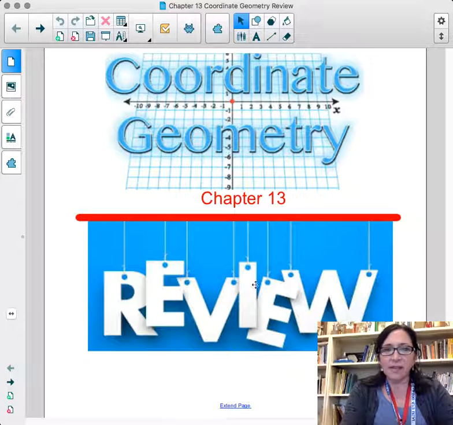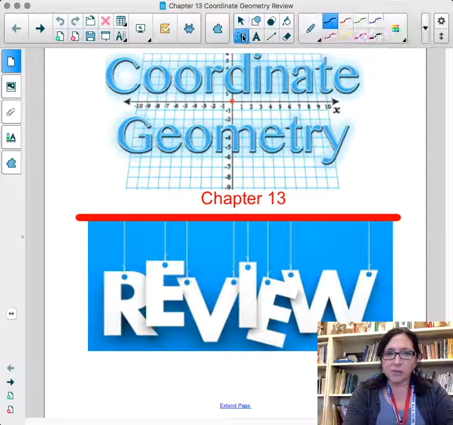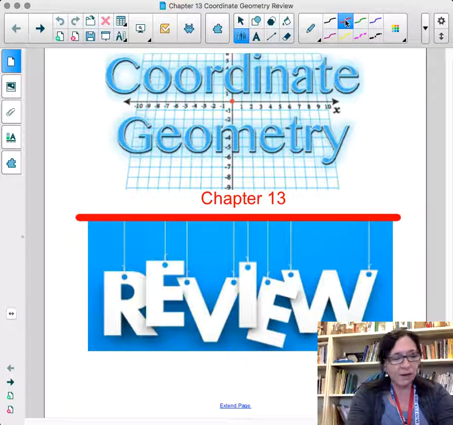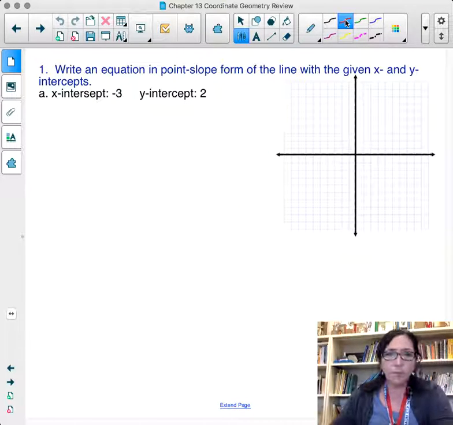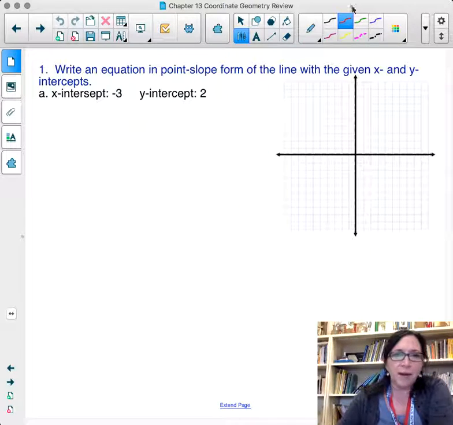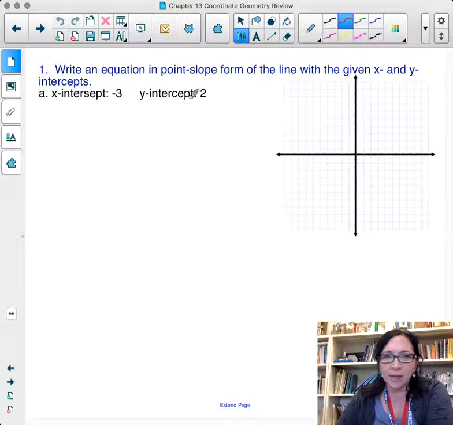Everyone. Today's lesson is a review for Chapter 13, Coordinate Geometry. This coincides with the review out of the homework packet that you had, so that's what I'm going to go over. First question is to write an equation in point-slope form of the line with the given x and y intercepts. So just graphing this first, it's always good whenever you're trying to put this in any kind of equation